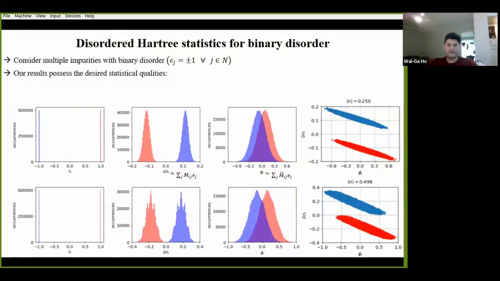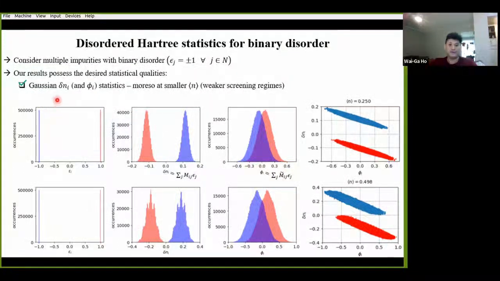So now, calling back to the recent Musk paper that we discussed several slides back, I just wanted to remind everyone that one of the things that we wanted to capture from the LSMS supercell results were those Gaussian charge transfer statistics. And so from our calculations, we find that the disordered Hartree theory does reproduce this, at least in the weaker screened regimes for the reasons that we just discussed. In addition to this, though, we can see that, even at half filling, while not perfectly Gaussian, there does seem to be some Gaussian envelope on the statistics here. All right, so that's all good to know.